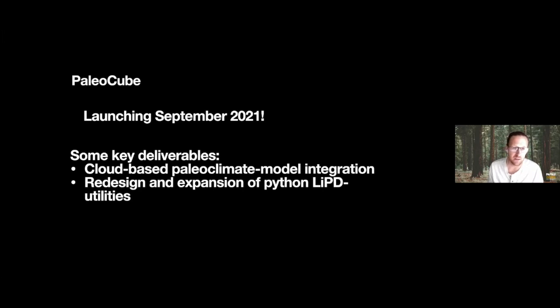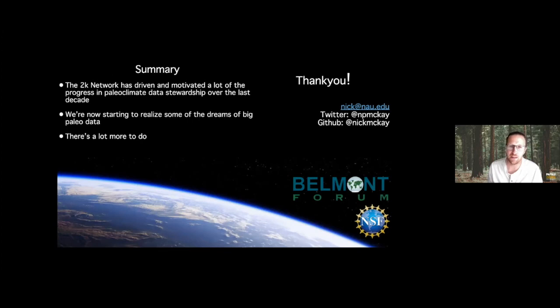So there's really a lot of stuff that's emerging, and some of it works pretty smoothly and is operational now, and some of it's in early stages. But it's continuing to build up capacity around the compilations that are coming out, and so we're really starting to get some of the benefits that we were dreaming of 10 years ago when we started down this path of improving how we did data stewardship. So again, I'll just summarize and leave a lot of this here.